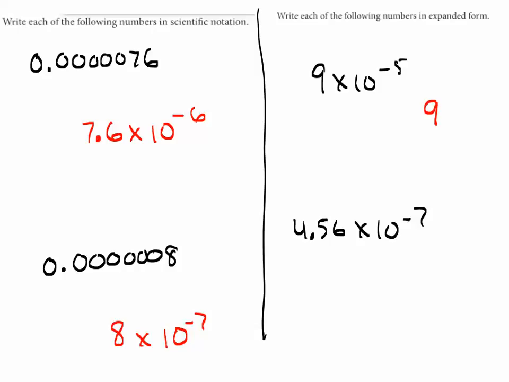Again, putting the decimal where it should be, which is past the 9, and then going back 5 spaces. 1, 2, 3, 4, 5. That is my new decimal point. Filling in the rest with zeros, and how about a